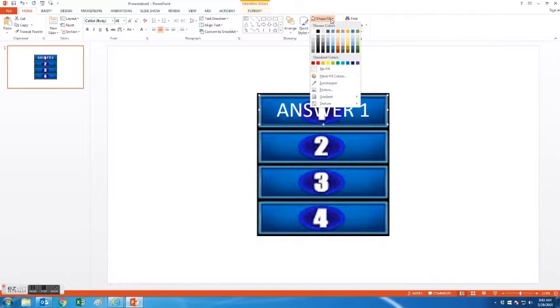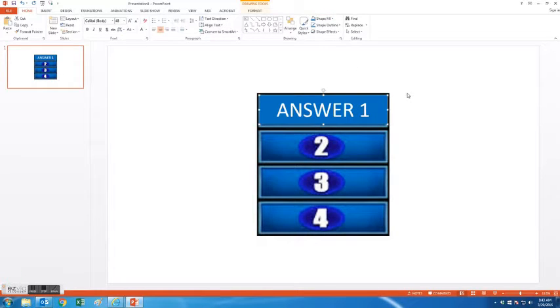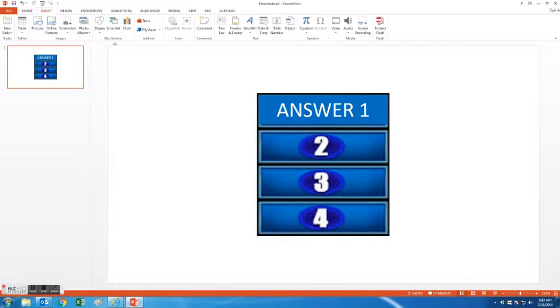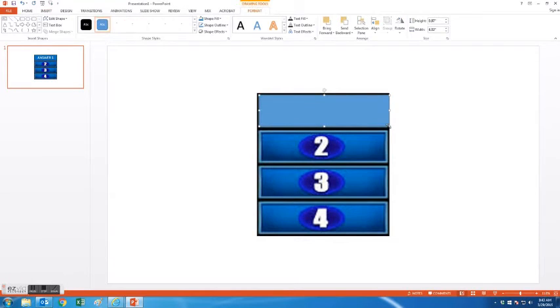Now let's fill the background with a color so it's easier to see. There you go. Okay, so it's blue. Alright, so this is what I want to pop up once I make this piece interactive. Now I'm going to need something to trigger this. So I'm going to insert a shape. Let's do a rectangle. So that means if anybody touches in this area here, it's going to trigger that answer